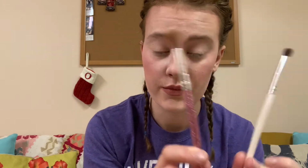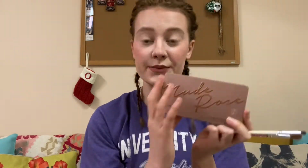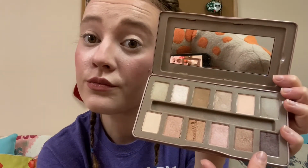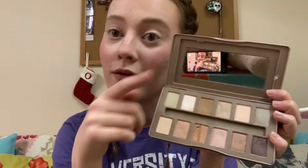Eyeshadow is optional, but I figured I'd give you a nice neutral look to work with if you so desire. First off, we need a nude palette. These will be light browns and dark browns and just very earthy colors. Hey look, it's me in the mirror. Haha. Okay, next step. Before I get too distracted,